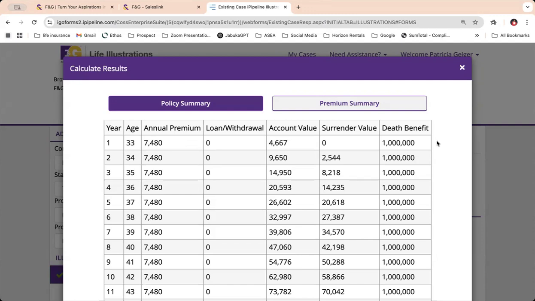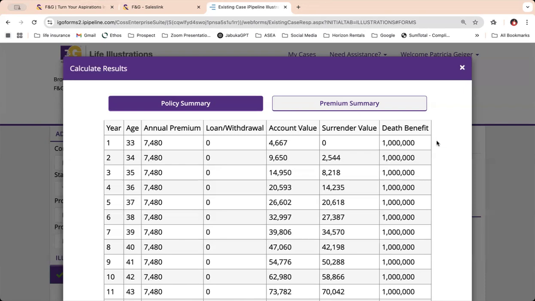So I can say something. Sure, Jen. On the first line it says year one. That's the year that you took the policy. You are 33 years old this year, and in the second, third line, if you pay $7,400, that's the amount of payment you have made for this year. On that first year, the second column is if in the case you borrow anything. And then the account value for that first year, your account has given you a value of